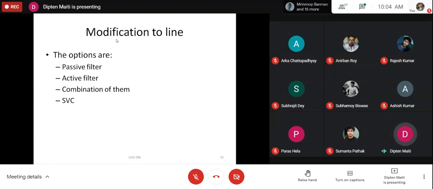Just the passive components. An active filter has some sort of power electronic components, namely maybe a diode, thyristor, or SCR, or even an IGBT. Nowadays, those are standards. IGBTs or MOSFETs are not usually used in higher power devices. It may happen that some of them have both a passive filter and an active filter, a combination of them.